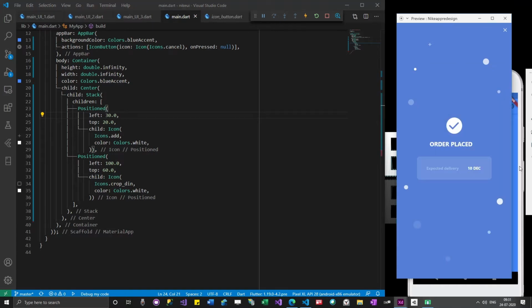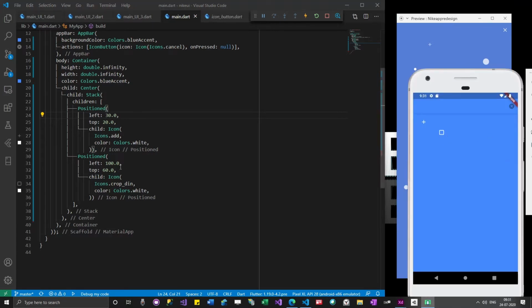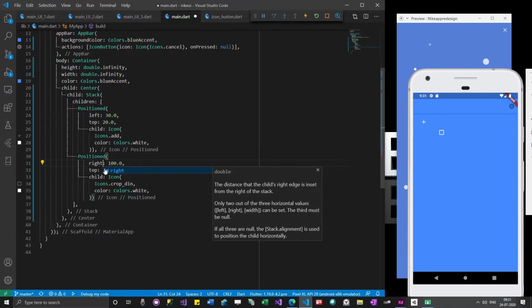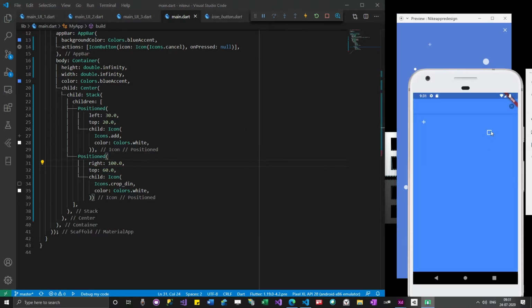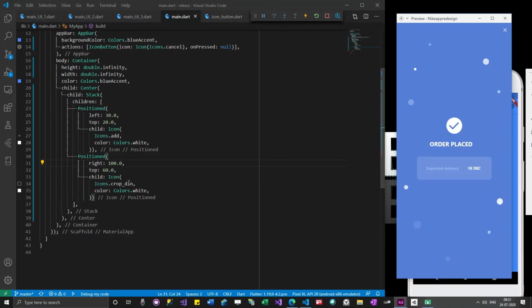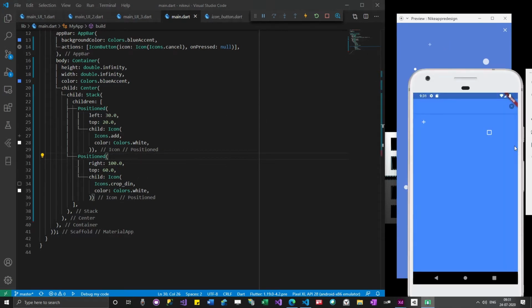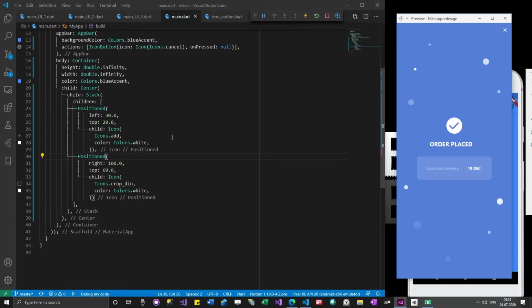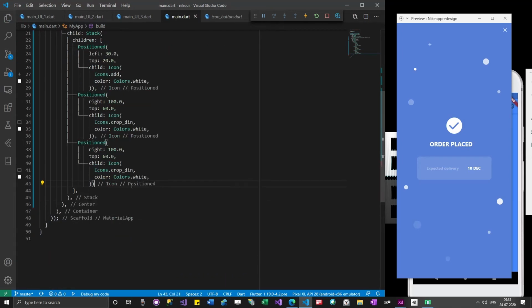So in order for this circle to move here, rather than giving a higher value for left, I can give right. As soon as I give right, it has moved to this side. And then I will take some more icons. Here the catch is, one more thing, we have to give the size of the icon also in order to make it look much smaller.